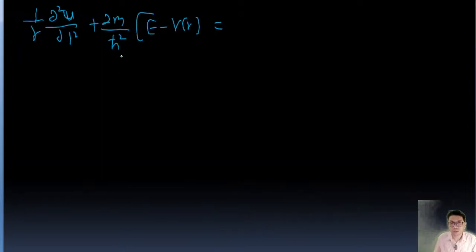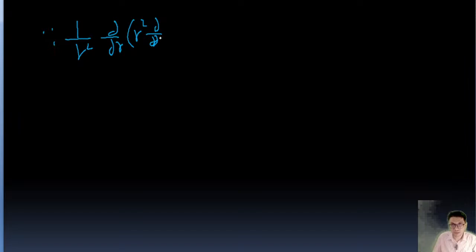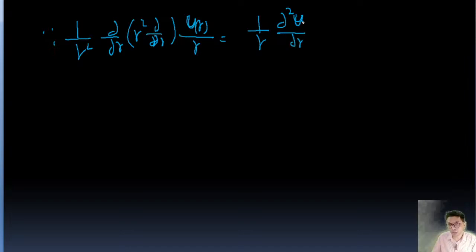Now since 1 upon r square del upon del r of r square del upon del r of u(r) upon r is going to be equal to 1 upon r del square u upon del r square, where u is a function of r, now we'll just put this